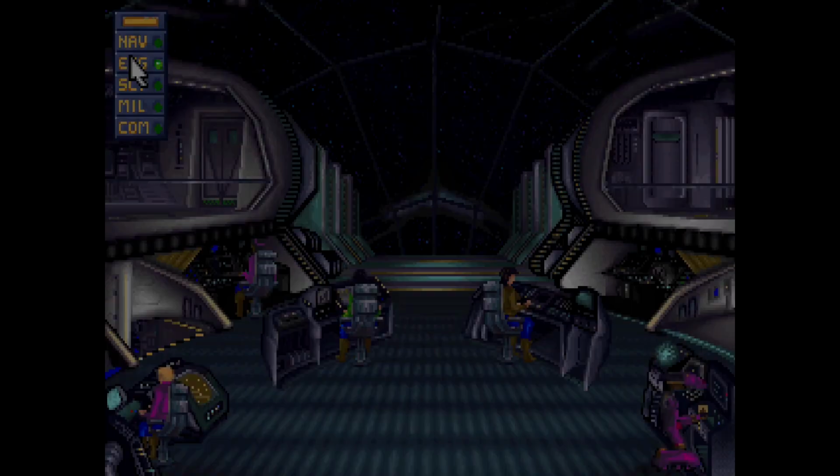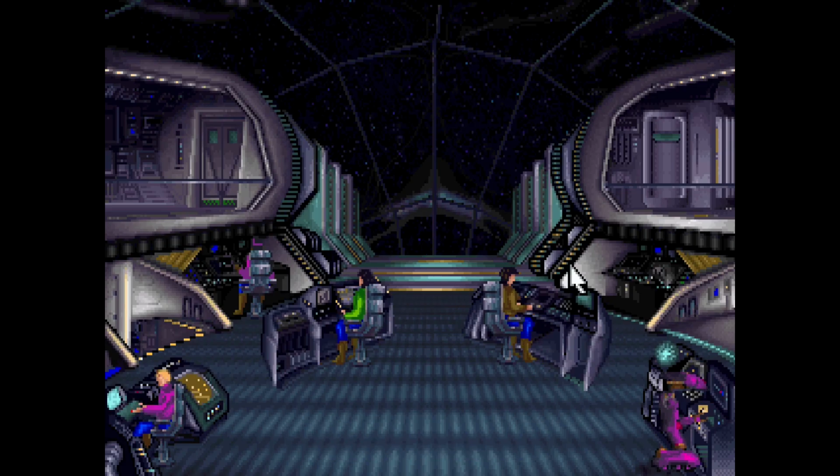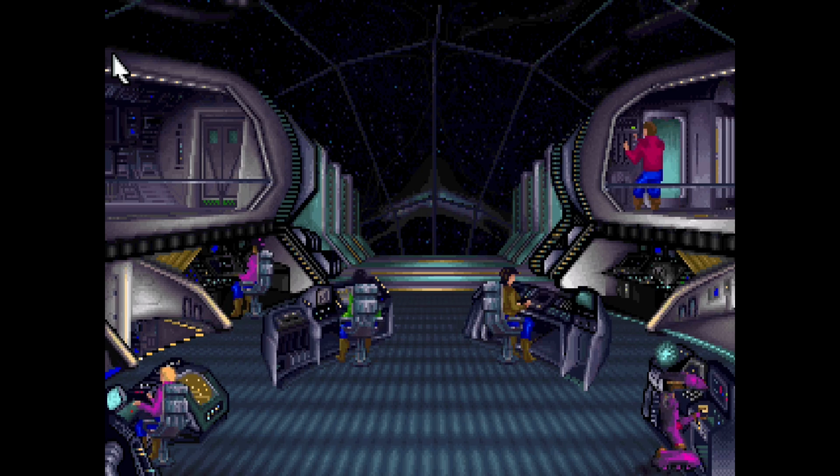Sweet. And what does our engineer have to say? Due to the design for colony platforms we use, we are only able to have a total of 16 installations active. Okay, cool. So, every so often, something will pop up here, based on the turn, or based on what you do. That's interesting. So, we have the colony parts there, we just needed to build the colony, and that's where I messed up. I hadn't built the habitat colony on the ground,